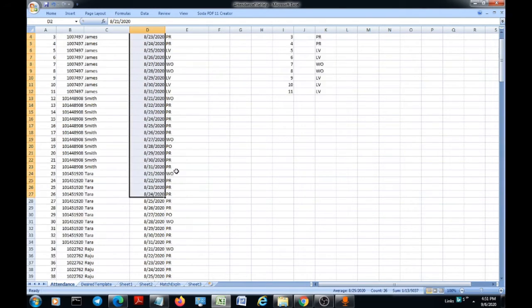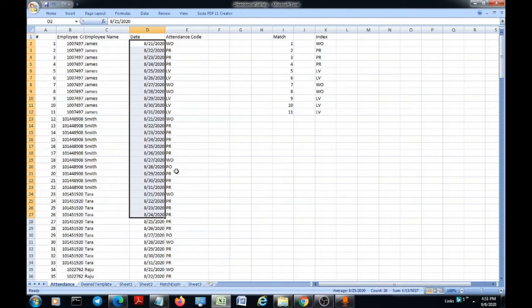This is the kind of data from which you may not be able to make out useful information, when you want the data to say something helpful, like how many are present for a day, how many week offs for a day, how many leaves for a day, such things.